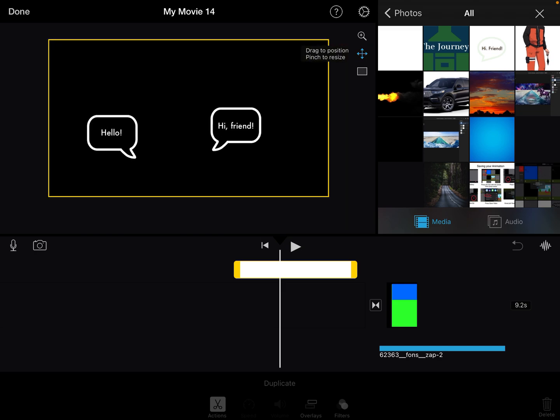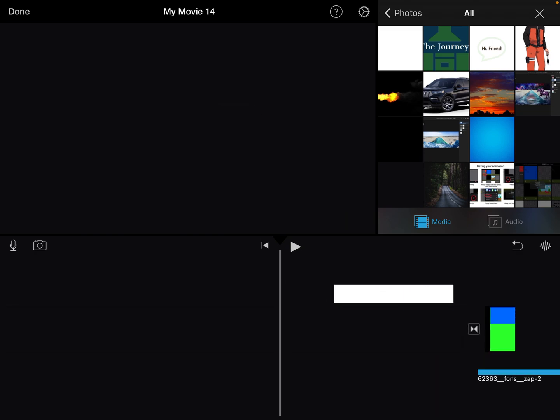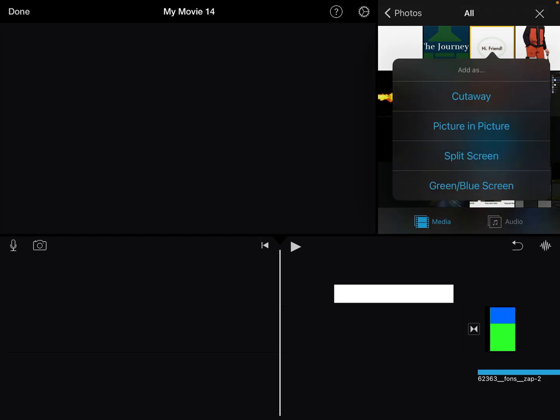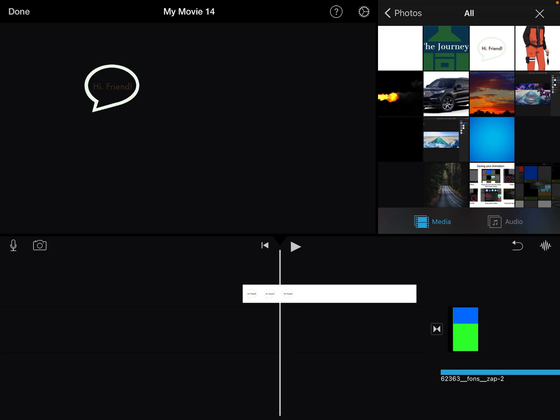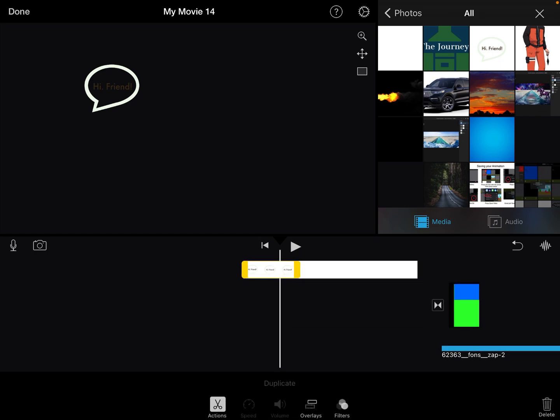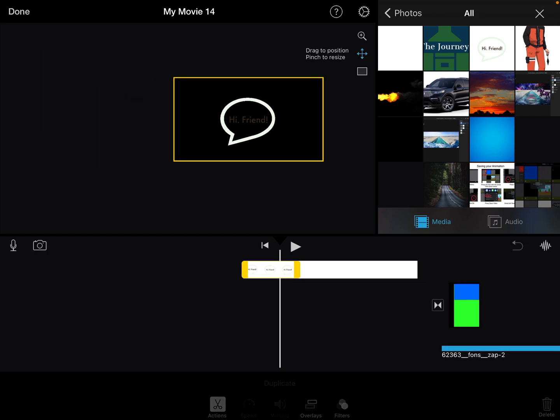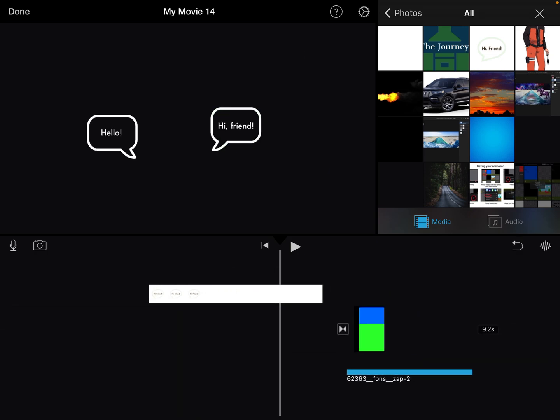Okay. So just as an example, if I had a different one, I might pick this one and picture in picture. But for this one, you could see it's really hard to read. I used brown. I should have used white, right? But just to show you, if I just had a single one, it would be easier for me to move it around just for one character. Okay, so that's how you might pull those in. Hope that you have fun